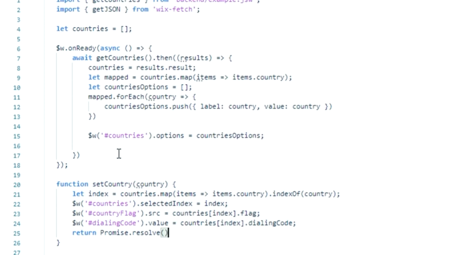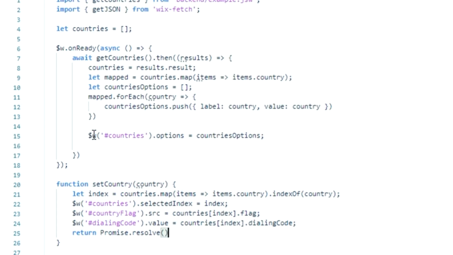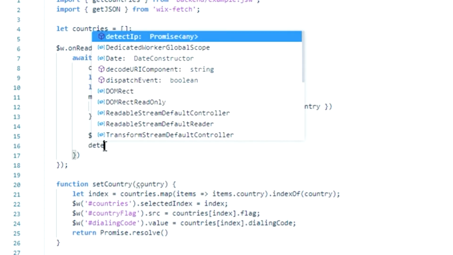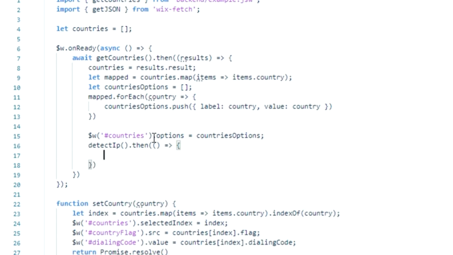Okay, so now the two functions here are ready, but we need to call them here. So in this case, I'm going to call the function which is detect IP. The detect IP resolves to a JSON, but I won't use it here. After the detect IP function resolves, I want to create